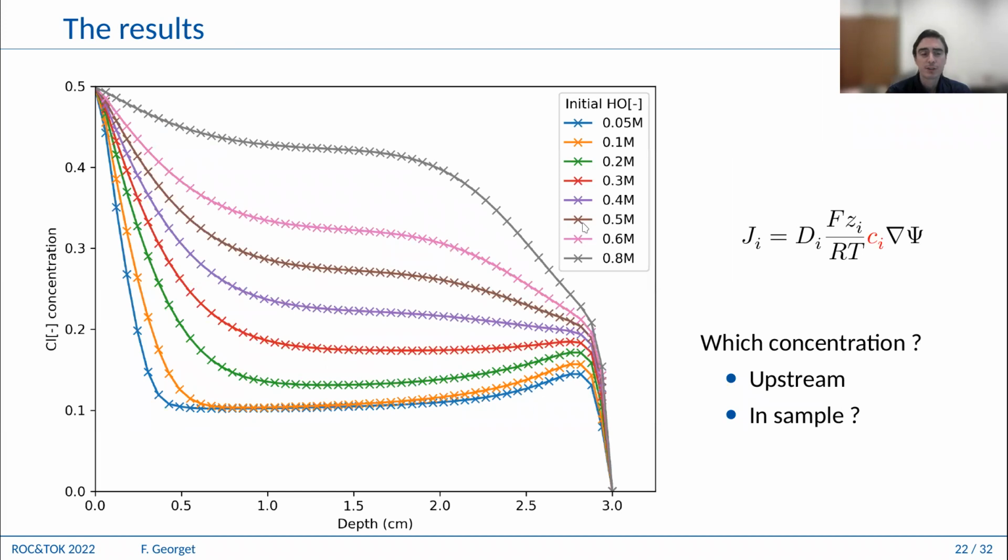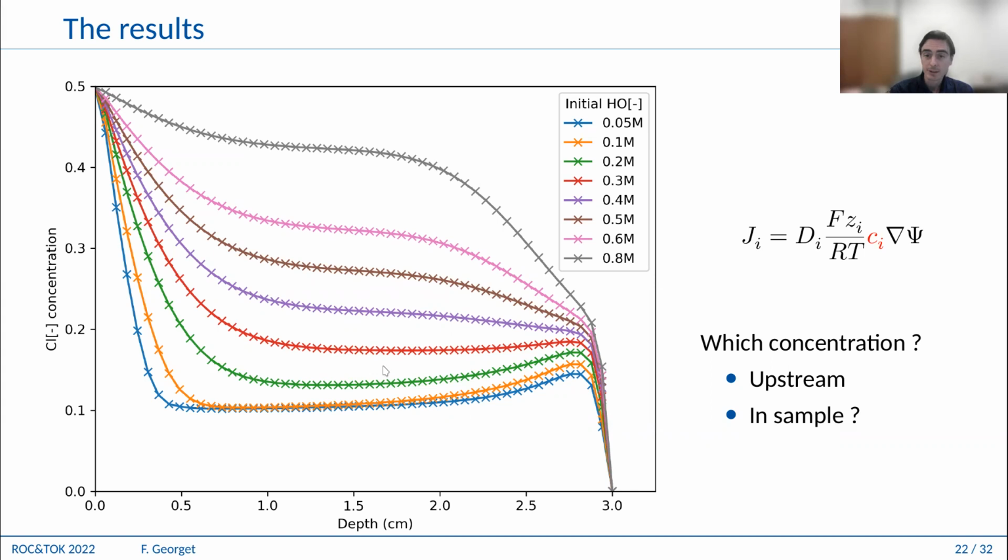This is the type of results that we can obtain. At 0, we have the reservoir rich in chloride, so a chloride concentration of 0.5, and at 3 centimeters, we have the reservoir poor in chloride. As you can see, we varied the initial hydroxide concentration in the pore solution. This is a simulation, so we can do it very easily. And as you can see,